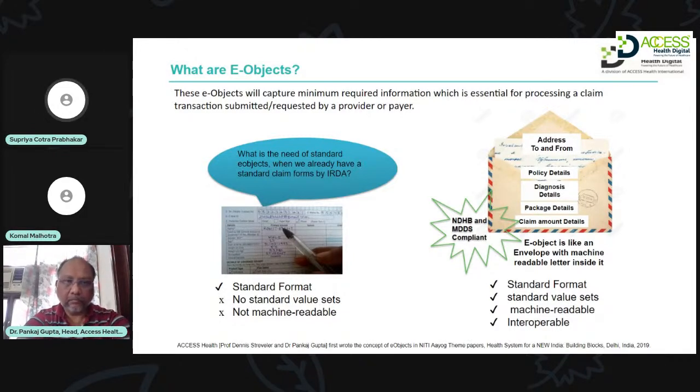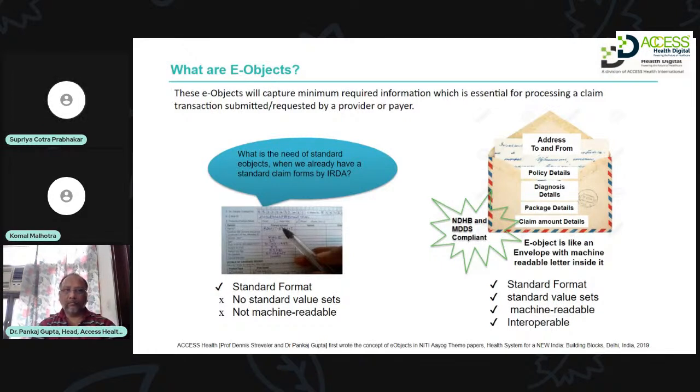e-object. And the rest of the information that is available in the object would sit in the body of the object, which would contain the rest of the information pertaining to the policy. That is the policy, the diagnosis details of a particular encounter, all the information pertaining to it, including the discharge summary, the diagnostic tests that were done, the advice that was given by the doctor, all the clinical information that is required for one to understand what is exactly done during this particular encounter, the package details, and the rest of the information that is required to be part of the claim. So the header information contains all the identifiers, and the rest of the patient information and patient-specific encounter information comes into the